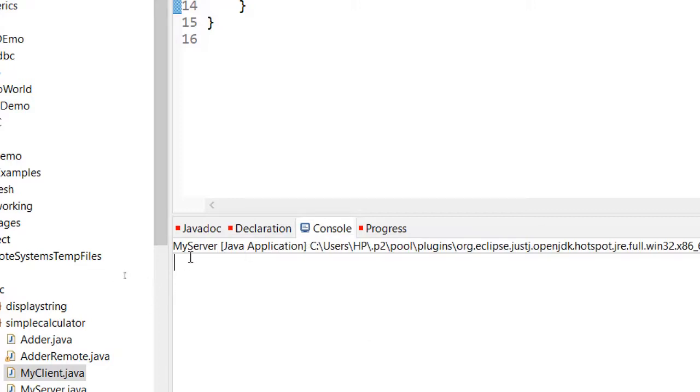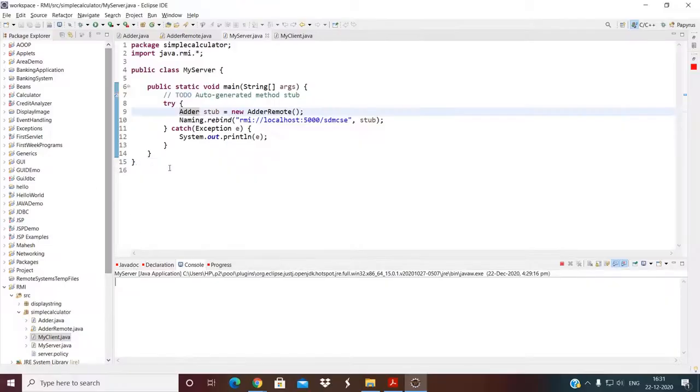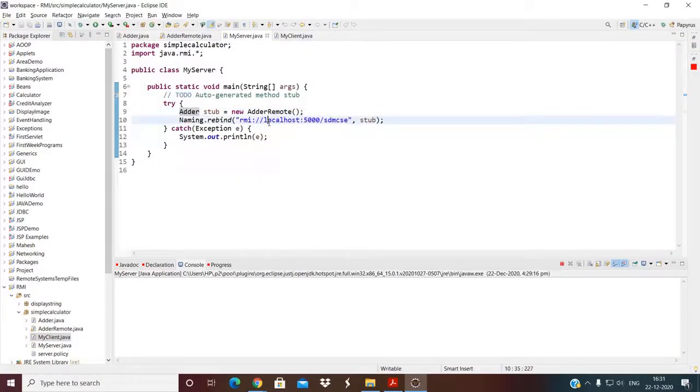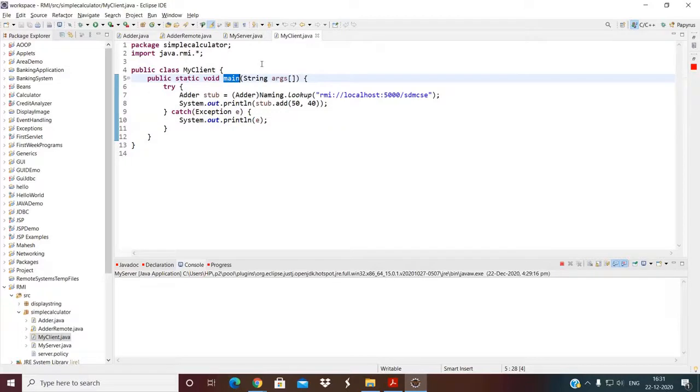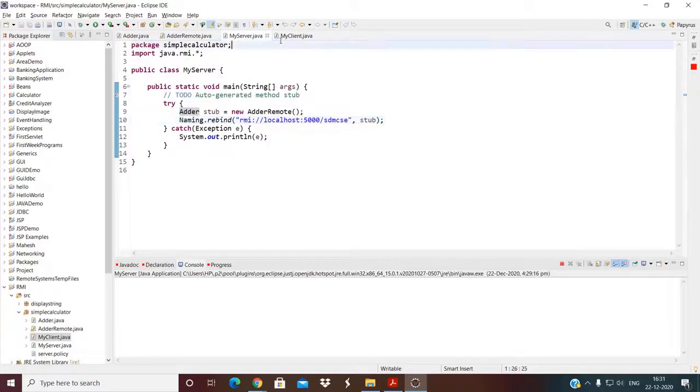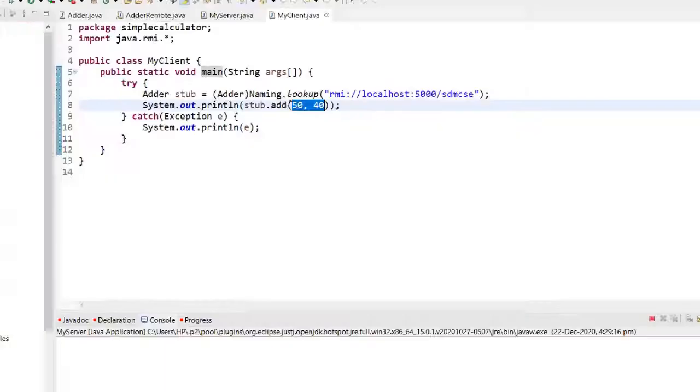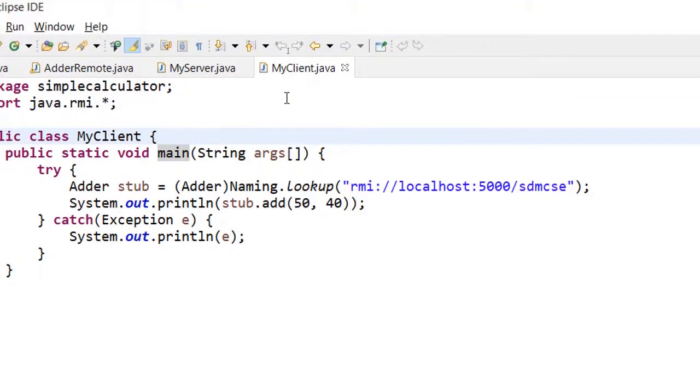Remember, my server has been instantiated and is running successfully, and it has not shown me any error or exception. It means it is correct. It has successfully written an entry into the RMI registry. Since my code doesn't handle any messages once it successfully writes, it is in a stuck state, which means a blocked state. It will only act as a server now. It will take the inputs from the client, and if the client provides two arguments, it simply performs addition and sends back the result. Now what I will demonstrate is, I will right click on my client program.